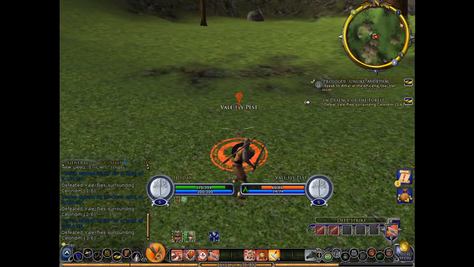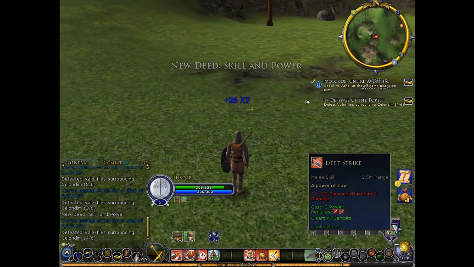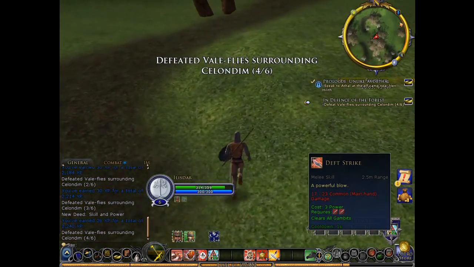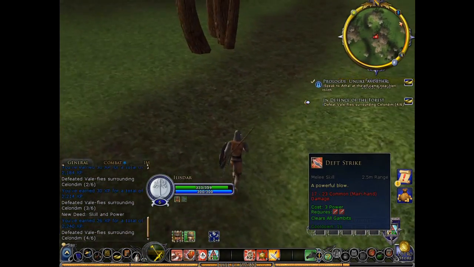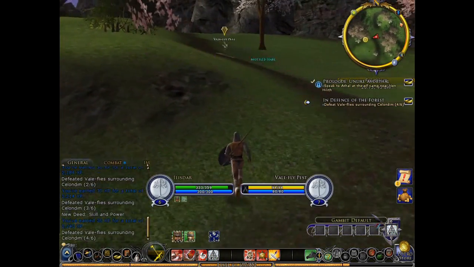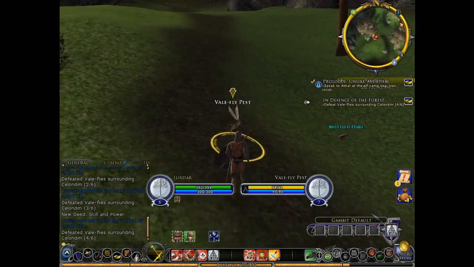Next is Death Strike. At this level, this is your most powerful gambit. Like I said, it will not remain the most powerful gambit. Spoiler! For now, all it really does is a lot of damage to the enemies. Let's see, there's another guy up here. Run up to him really quickly. Then you have, if I can do it,